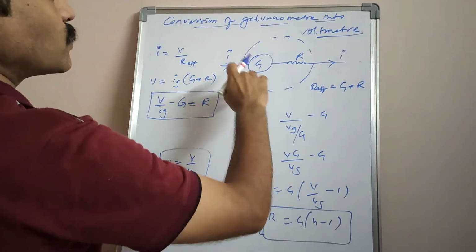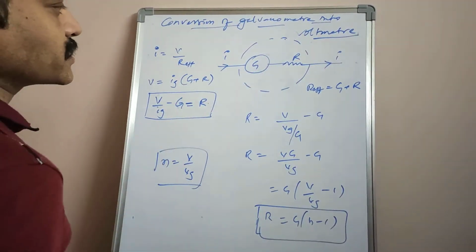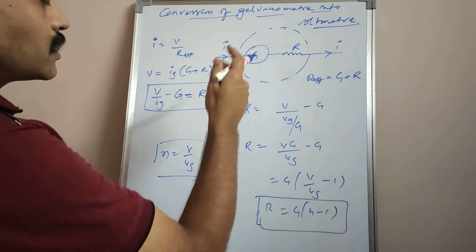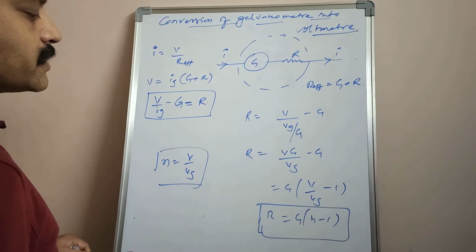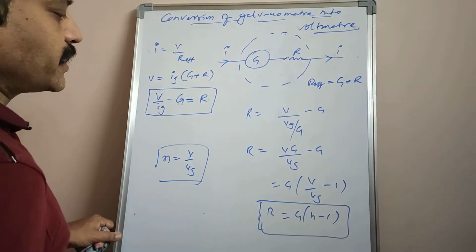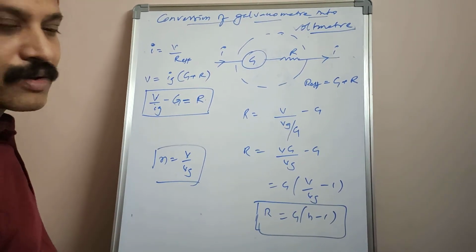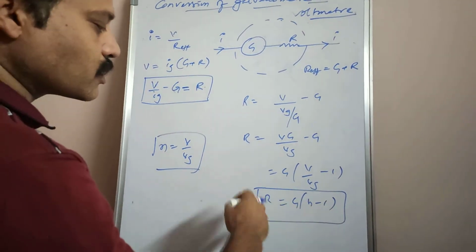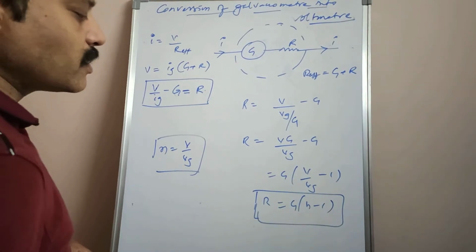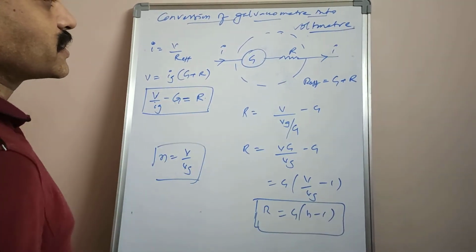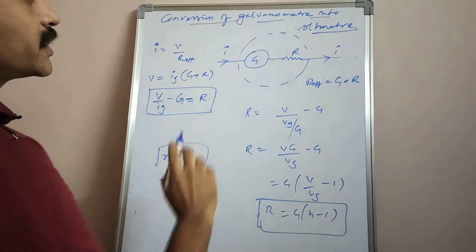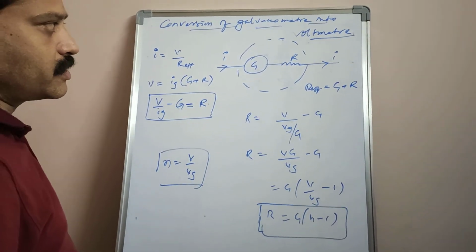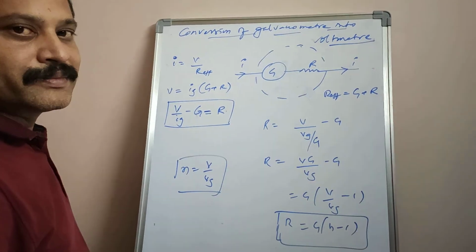So now this acts as voltmeter, so as to measure the voltage. So here, when 1 by 15 part of the voltage is across the galvanometer, you have to take N value as 15. So 15 minus 1 is 14. 14 into resistance G gives total R. So this total resistance capital R will be very high. That has to be connected in series to galvanometer, so as to convert it into voltmeter. Okay, so this is about conversion of galvanometer into ammeter and voltmeter.